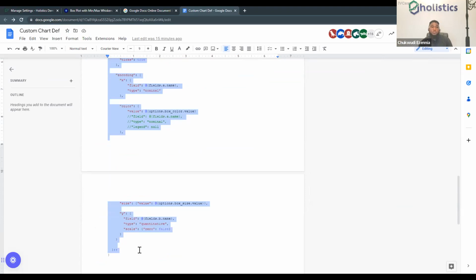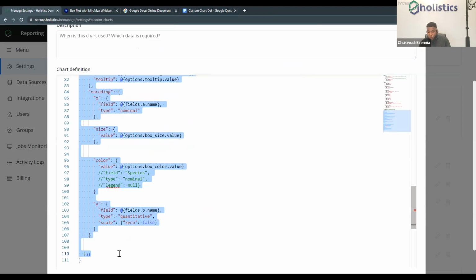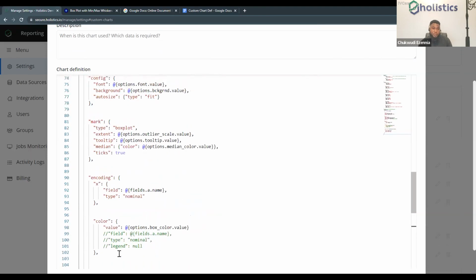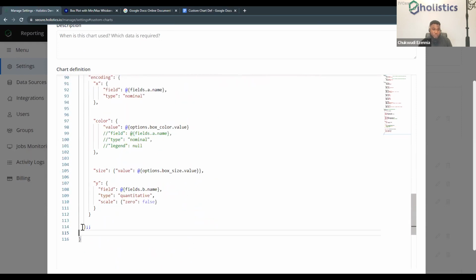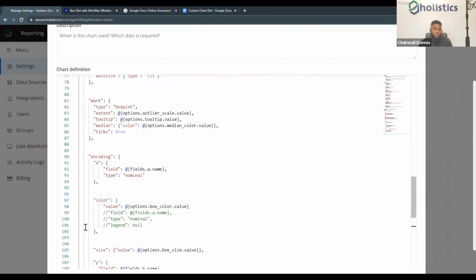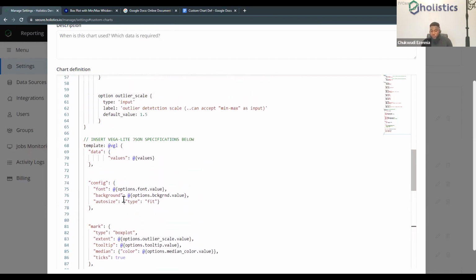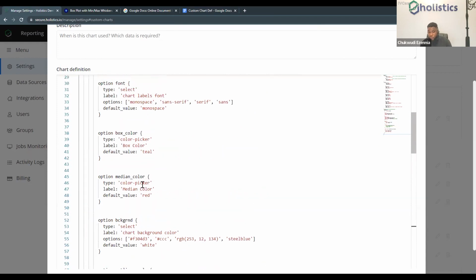So Control C, and then I come into this and just replace all of this. I just replace this from data up to this double curly brace that has the double commas, right? So if I paste this, I should have my chart defined properly. I need to indent this. Right, awesome, works fine. All right, so with this now, we have our charts already defined.